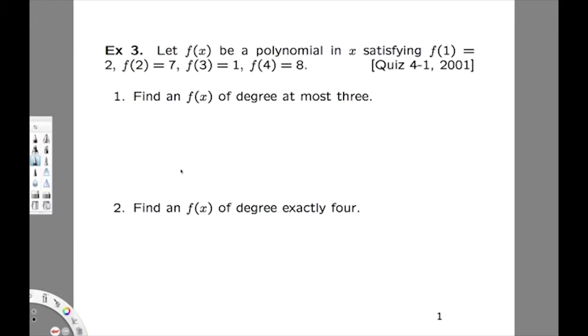Okay? So if you look at problems 1 and 2, you notice the little differences. That is the degree, right? Only the degree is different: here 3 and here 4. Also, f of x is of degree at most 3 and 4, right? So we just want to find it. Okay. Then